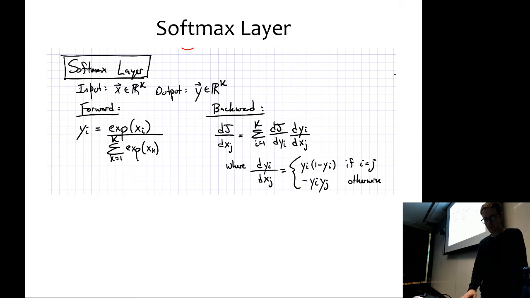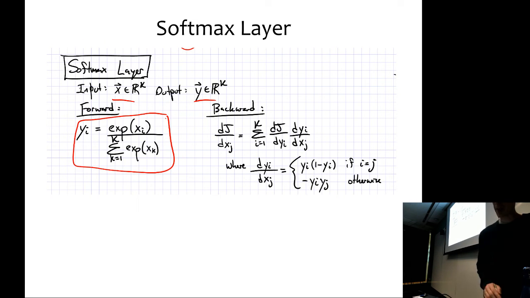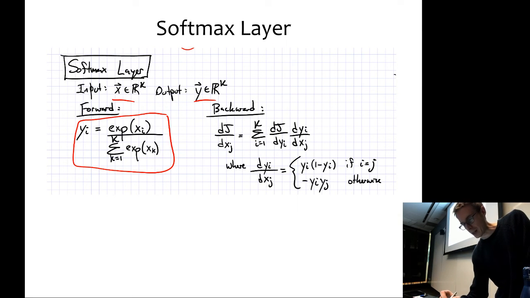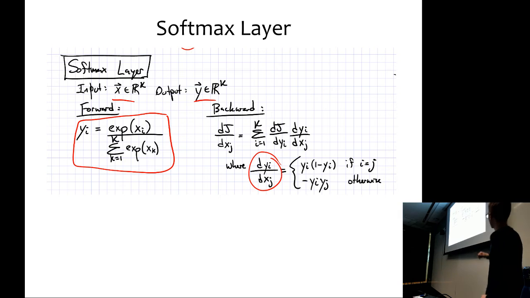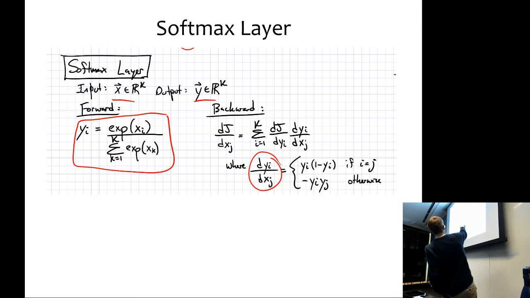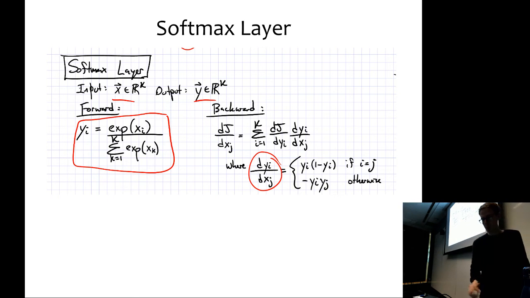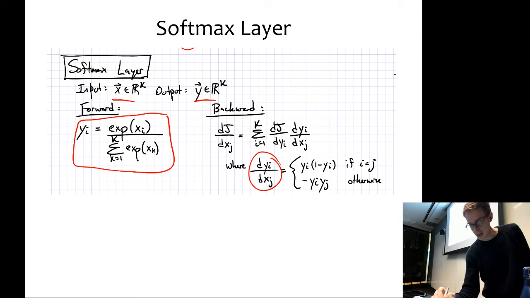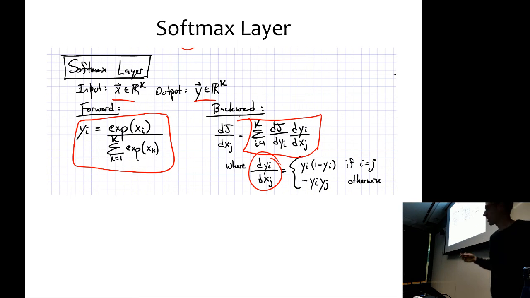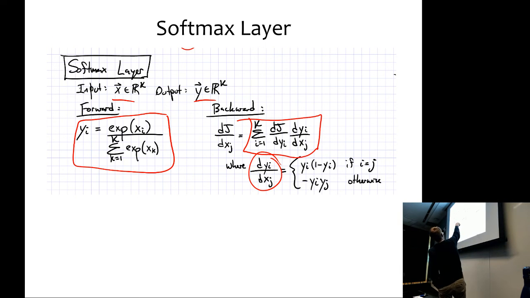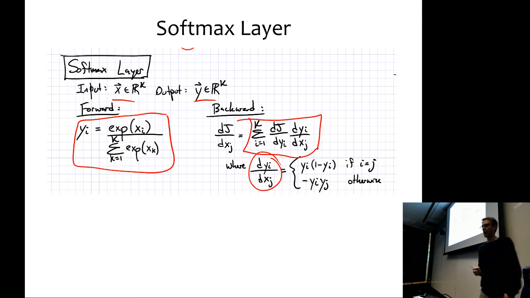Okay. So then for a softmax layer, again, we would have vectors of the same size as input and output, and we just exponentiate the inputs and divide by the sum of the exps. And then for backwards, the partial derivative that we care about is for each yi with respect to xj, and it works out to this lovely clean little form in terms of the y's. And again applying the chain rule, where we actually correctly need to sum over the different values of yi, we can get back the partial derivatives.